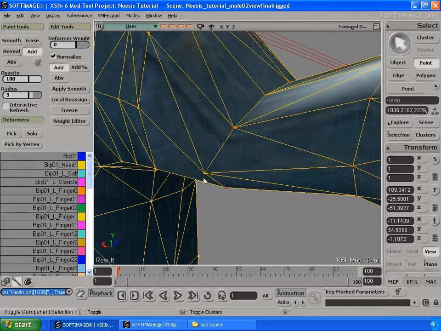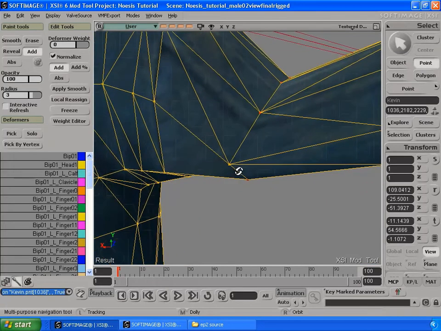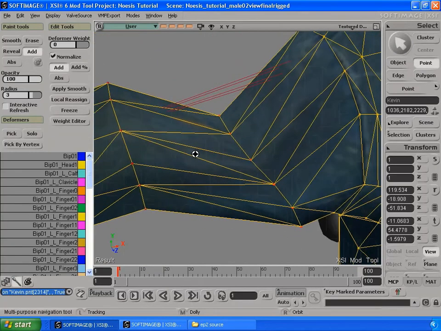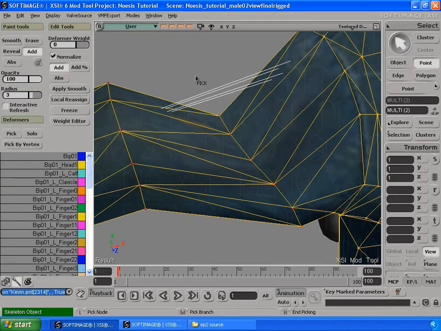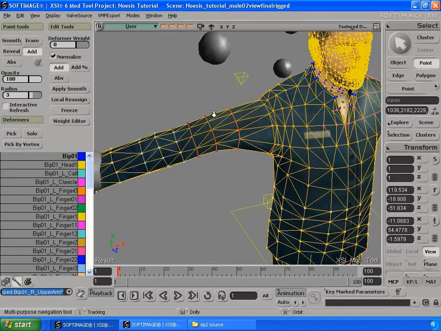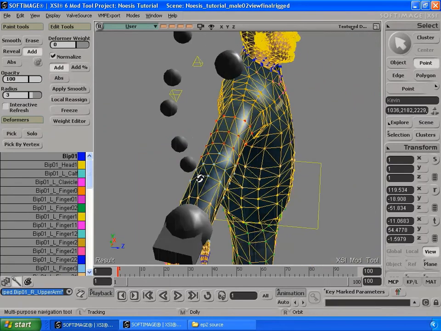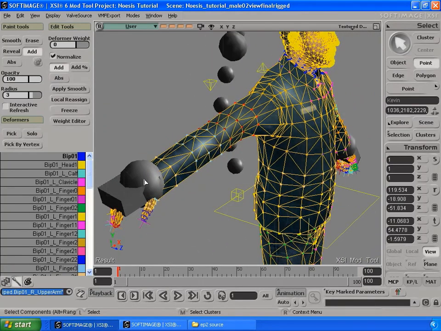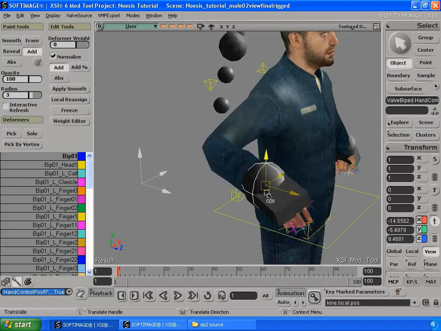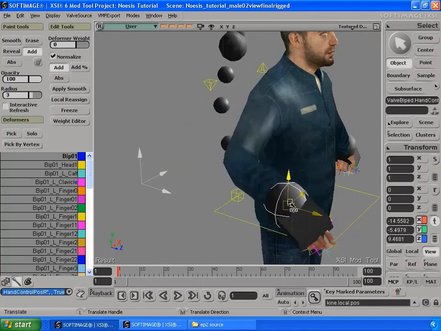Okay, and get that last one. Alright, so I got them all. Now I'm going to hit local reassign, and I pick the bone and then right click, and now you can see that the arm is attached to the bone, the part that was missing, and if I did just move it around, you'll see that you get pretty good deformation,